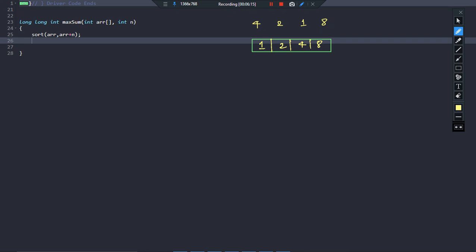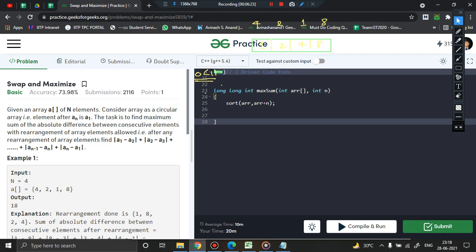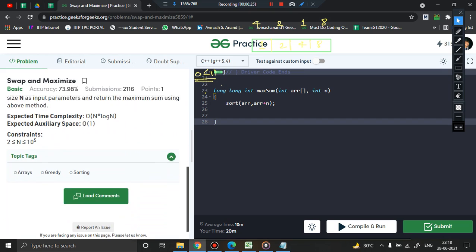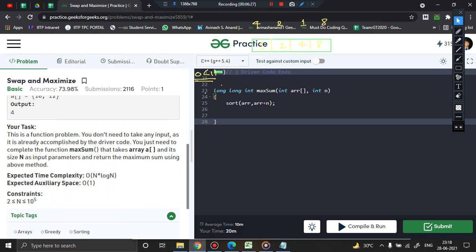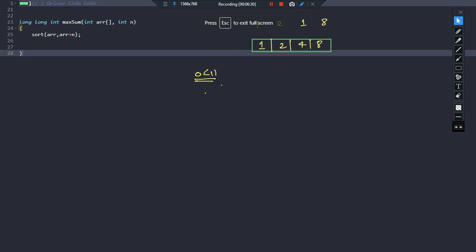Now remember, we have to solve this in constant space. This was given in the question. We basically have to solve this problem in constant space. So let me just show you the question. If you focus on the question, you see they have strictly mentioned you have to use constant space. So we are not going to use any extra space. We are just going to use constant space to solve this particular problem. If extra space was allowed, the problem would have become very simple.